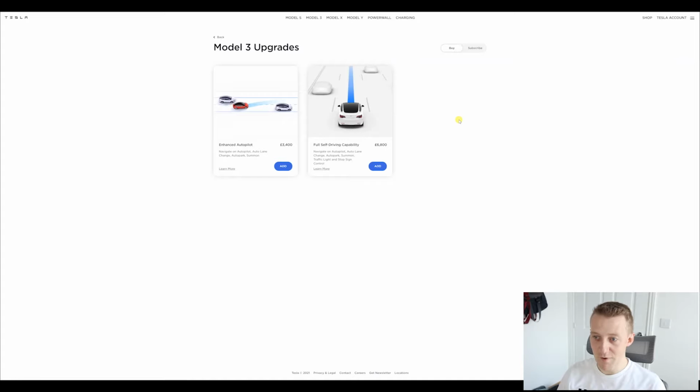You have the Enhanced Autopilot and then the full self-driving capability. Here in the UK, the differences between the two are actually very minimal just because of the law. Now, is it worth spending double the amount of money for stop sign recognition and traffic light control, with also the promise of auto steer on city streets eventually? I personally don't think so at the moment, and once you make the purchase of the Enhanced Autopilot, then you can incrementally increase to spend another £3,400 or possibly a little bit more than that,